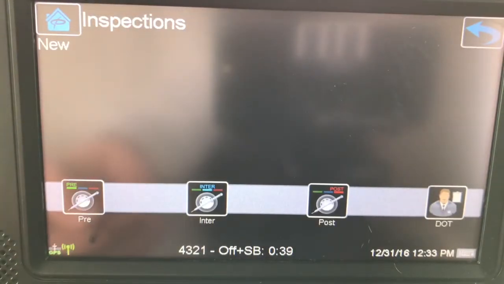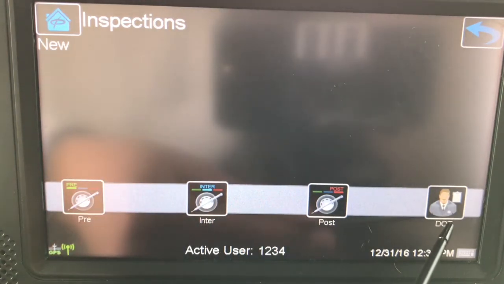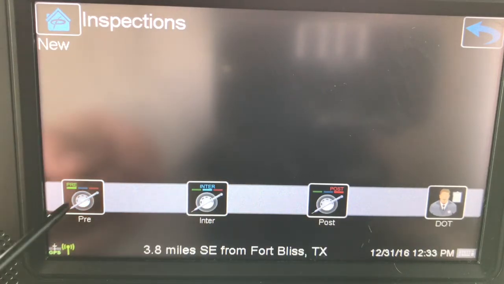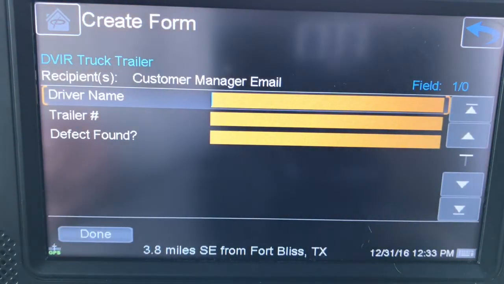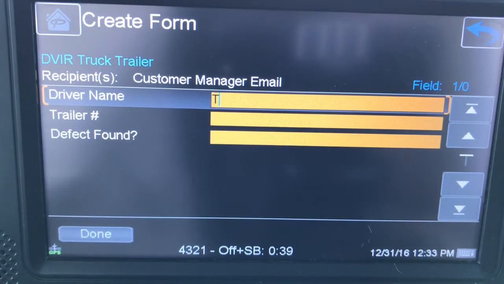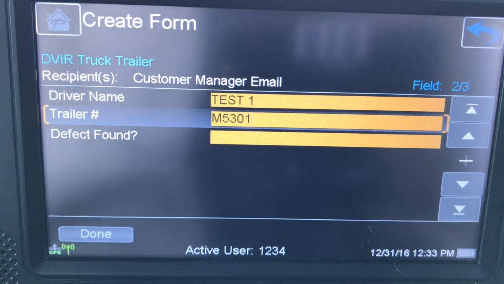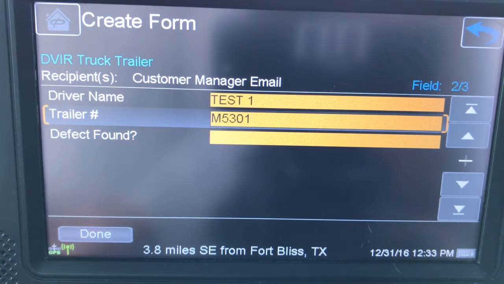Once you do that, you have several options. You can do pre-trip inspection, inter-trip inspection, or a post-trip inspection, as well as a DOT inspection. Since we're beginning the trip, we'll do this. Driver name. Trailer number. If you do not have a trailer number at this time, just put none